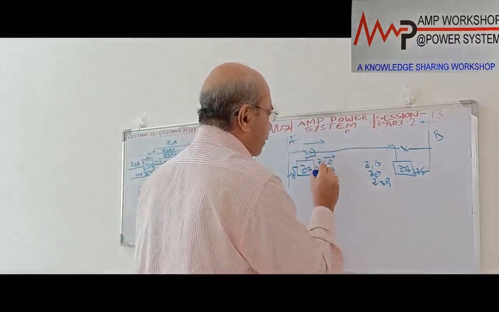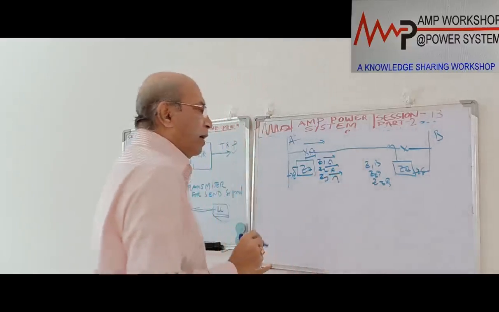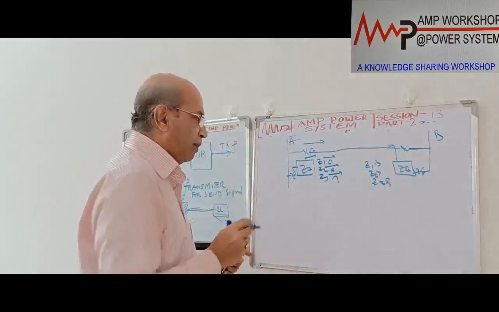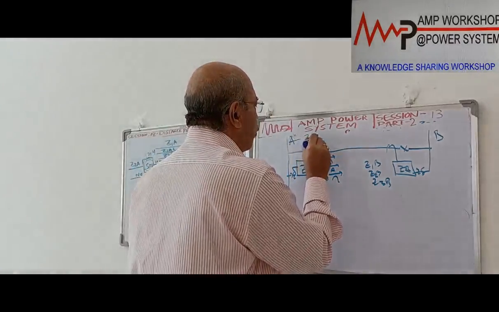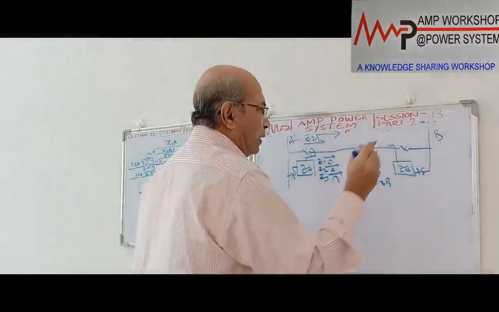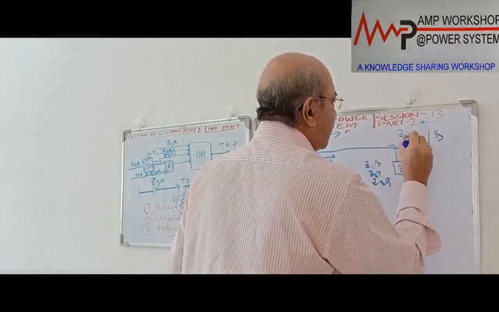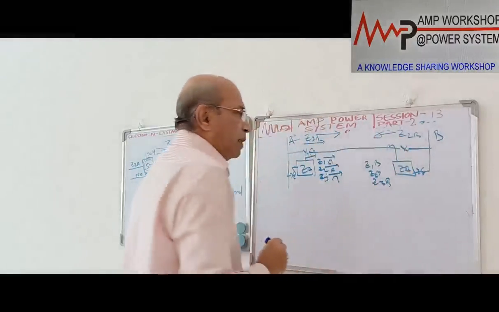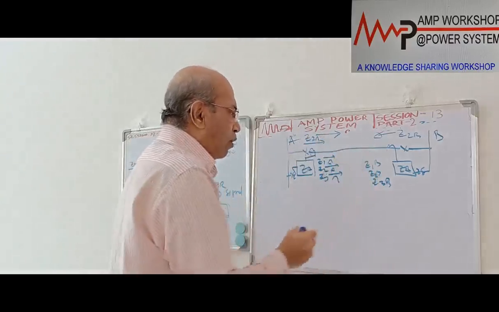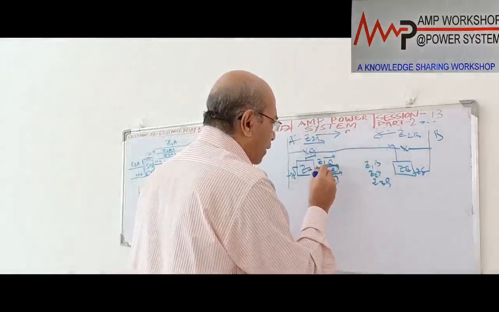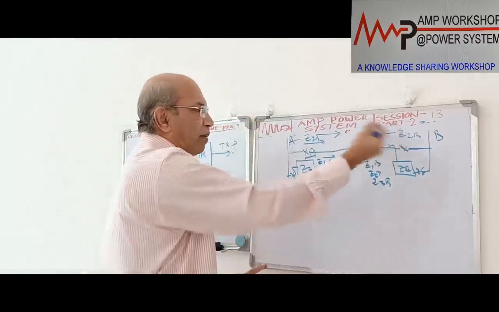All these three elements are looking in this direction in the case of the overreach scheme. But in the case of the overreach scheme, what is the difference? For this end, Z2A will be sending the signal, and at this end Z2B will be sending the trip on this signal. That is, this end zone fault will be cleared by the Z2 element after receiving the signal from the other end.